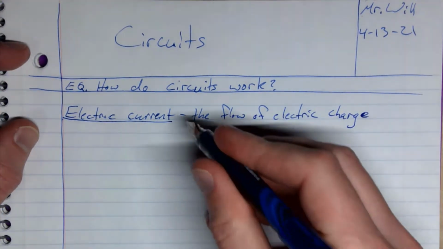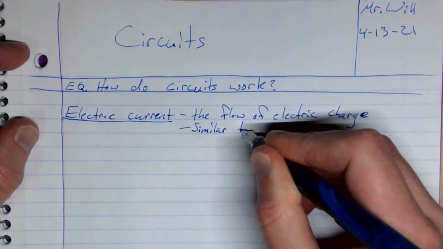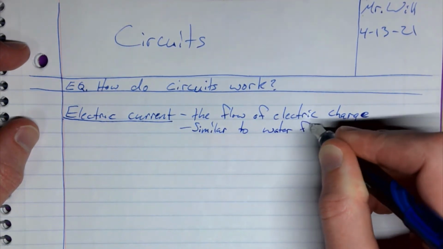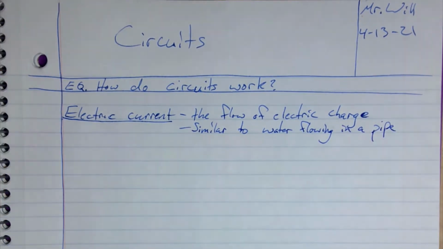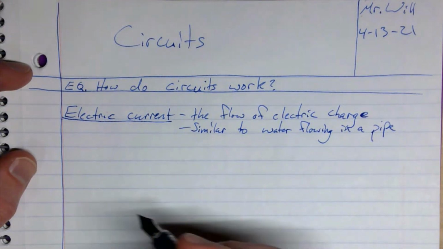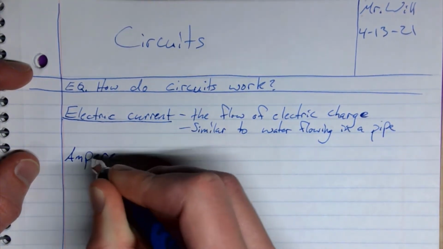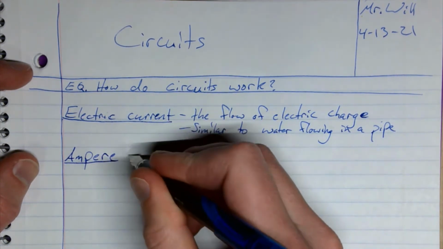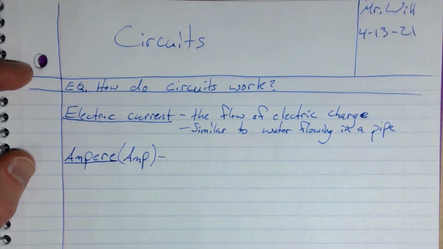So it's similar to water flowing in a pipe. The unit we're going to use for current is actually an amp, or an ampere. It's still going to be an actual separate word though, a vocab word. Ampere. We're going to abbreviate this as amp though. And that's going to be